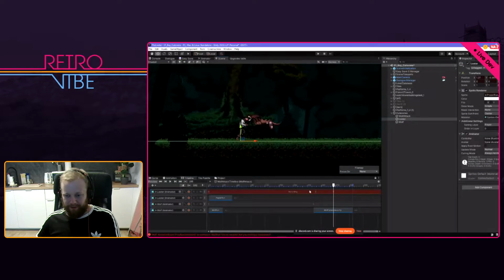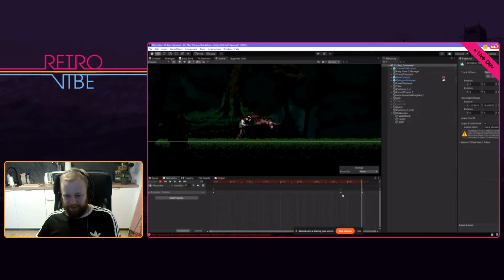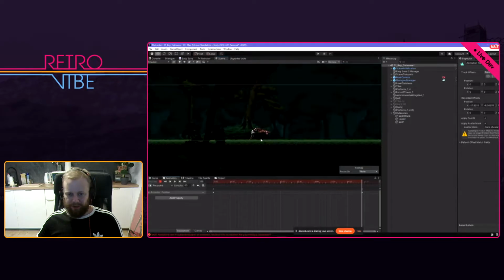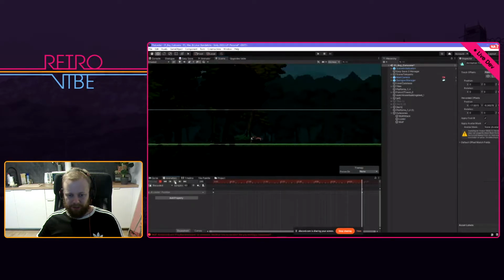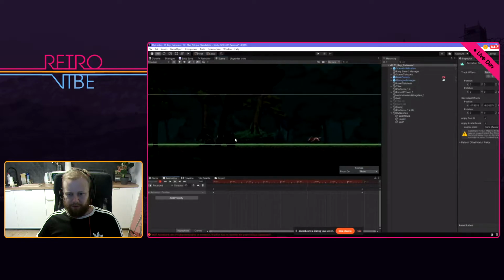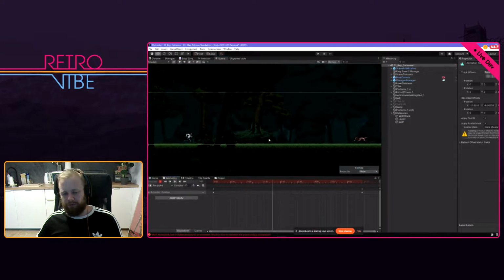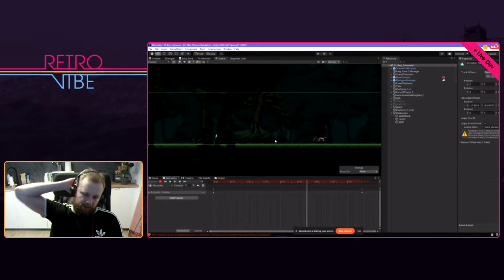Okay, let's delete this key and let's check it. Yeah, so they are running, and he jumps and attacks the router. Yeah, and then